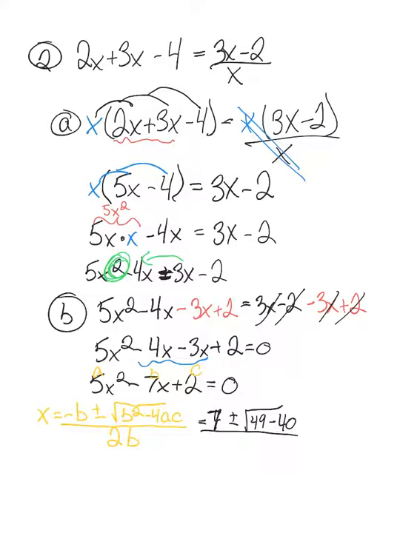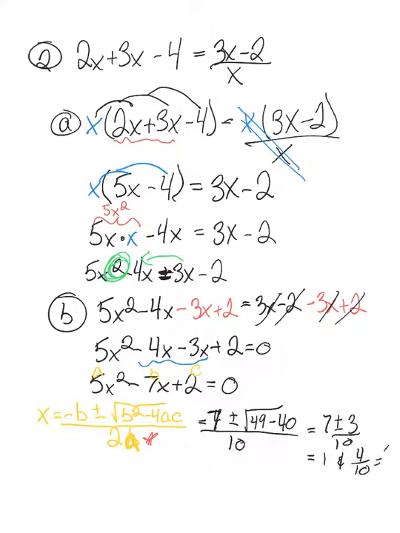over 2b, over 2 times, oh, sorry, that should be an a, my apologies. I'm putting a star there so you can see that I corrected it now. So over 2a, so that's 10. So this will equal 7 plus or minus the square root of 9, which is 3, over 10, which equals 7 plus 3 would be 10, over 10, which is 1, or 7 minus 3, which is 4